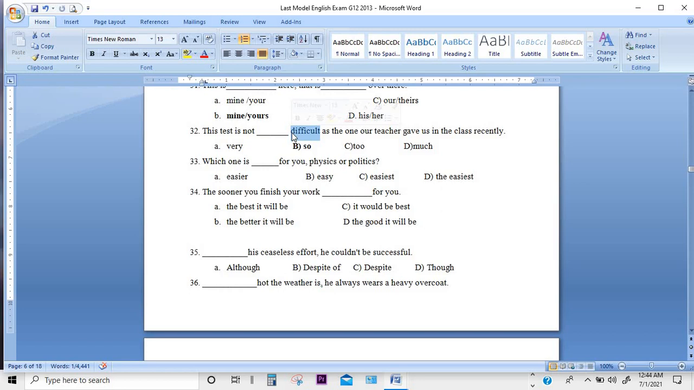Again, if we talk about similarity or difference between two things, it is simple degree and we use "so as" or "as". So our answer is "so as", because it is simple degree. Okay, let's go to question number 33: which one is dash for you, physics or politics? Again this is also comparative. This question also compares two things, physics and politics: which one is easier. According to the answer choices the word is "easy", I mean the adjective is easy, so we use